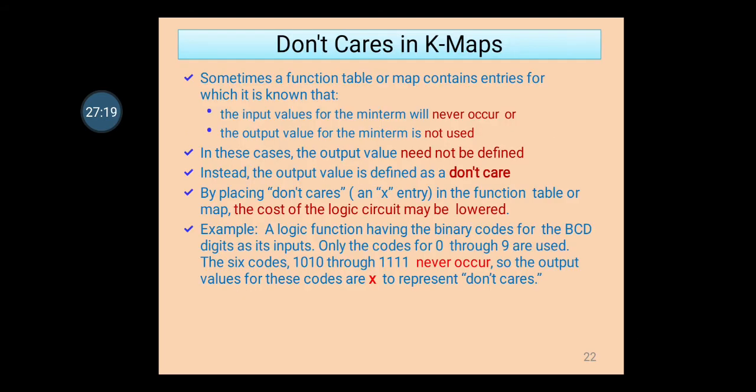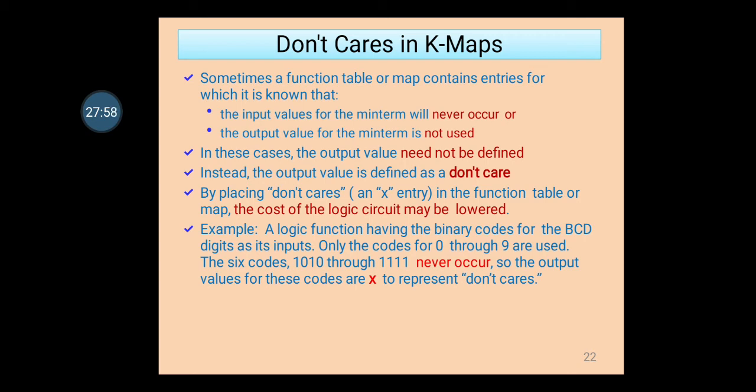Now the very last thing we have done with the K-map table. You have to remember, in the K-map table the first step is to find the K-map table depending upon the number of inputs. Second is to write the output 1 or 0 in the given cell number depending upon the given equation. Then you have to group the ones or zeros, using the folding rule or overlapping rule. And the last step is to write the given equation using the groups. But sometimes there are don't care conditions.